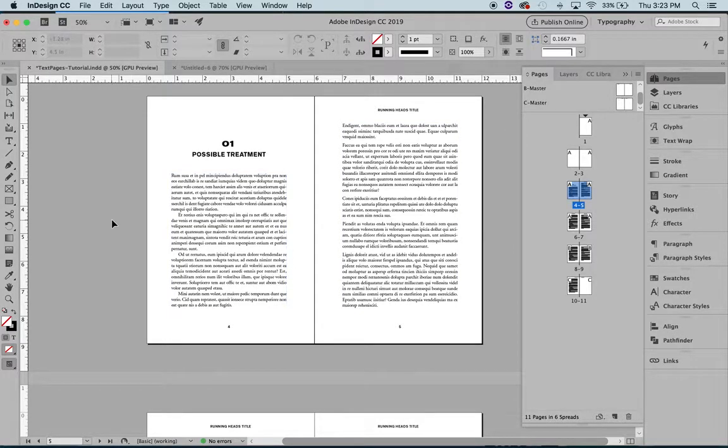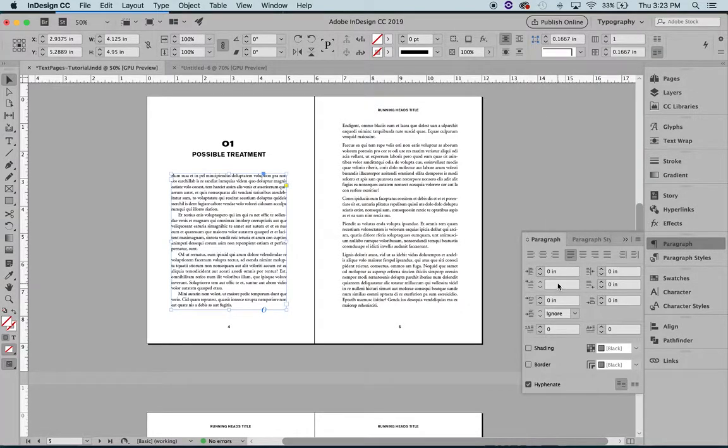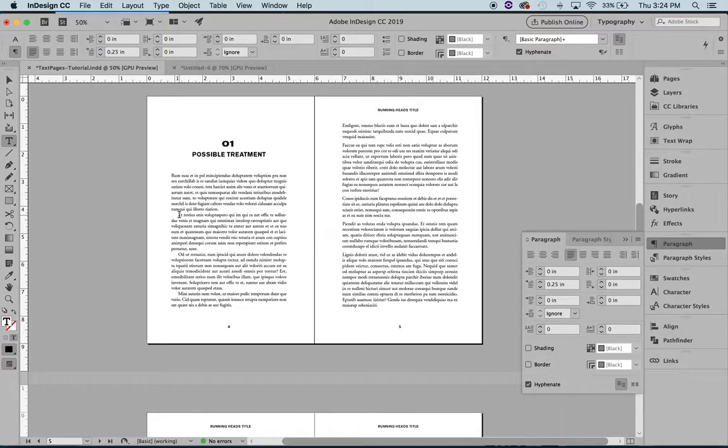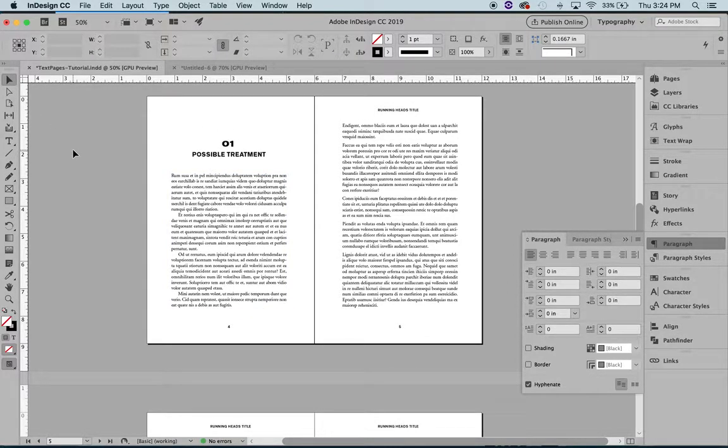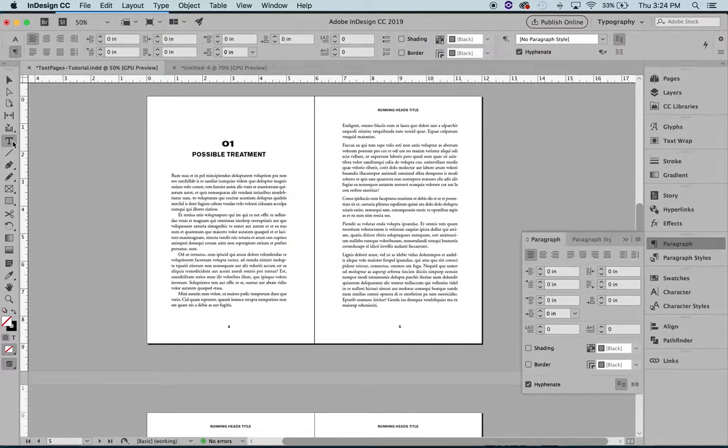Obviously, you're going to make a choice, and in order to do that, you're just making these tweaks in your paragraph palettes. Here you can see that why this is blank here is because I've selected this whole thing. What I did is if you go to this, you can see that there's a 1/4 inch space or indent before each paragraph. I don't have that here. I have that set to 0 because the first paragraph of a chapter does not need to be indented. So that's why I went in and just tweaked that one and took that space out specific to that